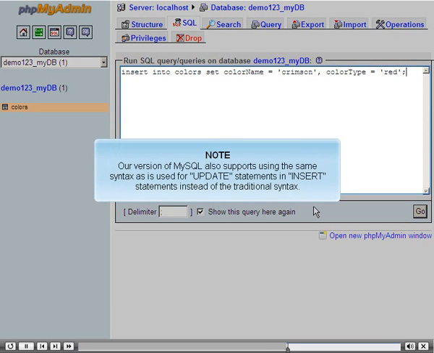Our version of MySQL also supports the same syntax as is used for update statements in insert statements instead of